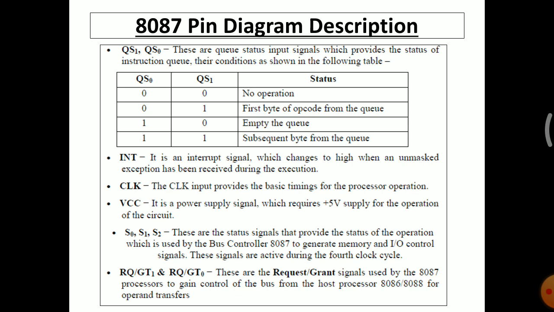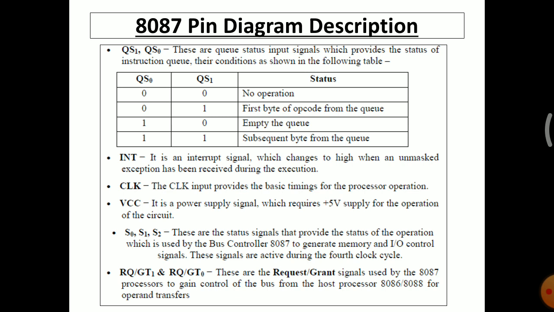So we have discussed the basics of the 8087 math coprocessor. We have seen some introduction part. You have seen some features. We have seen why the 8087 math coprocessor is used. We have seen various aspects about the 8087 math coprocessor. Secondly, we have discussed the pin diagram architecture of the 8087 math coprocessor. It is a 40 pin architecture, which uses the HMOS technology.